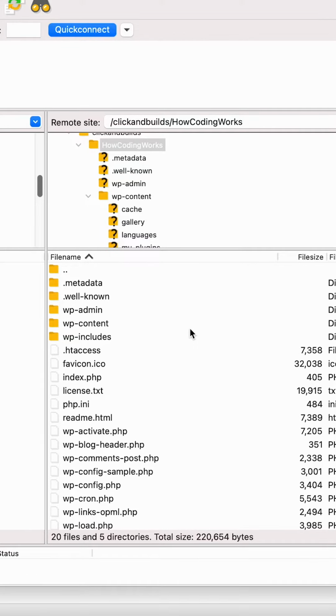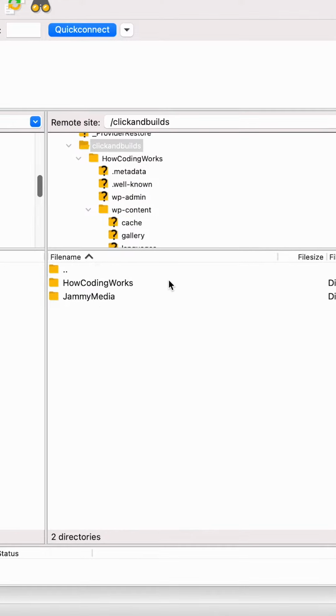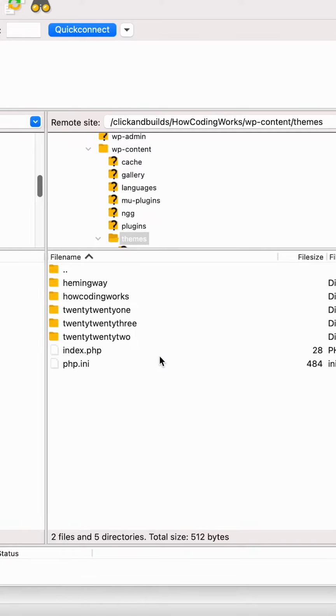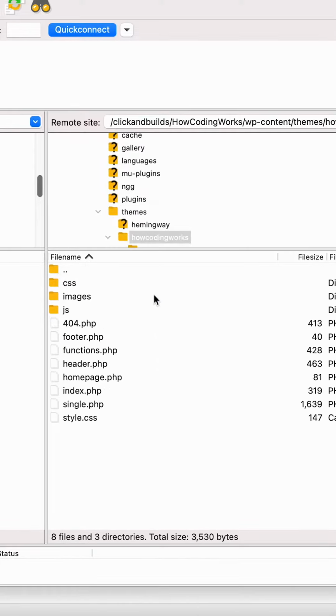Firstly, I'm using FileZilla here to access my FTP. Others may use the cPanel. Head to your site's root folder, then wp-content, themes, select the theme that you're using, and then boom, you'll be presented with your theme files. Besides the 3 folders that are put in there by preference, you'll need all of these PHP files within your